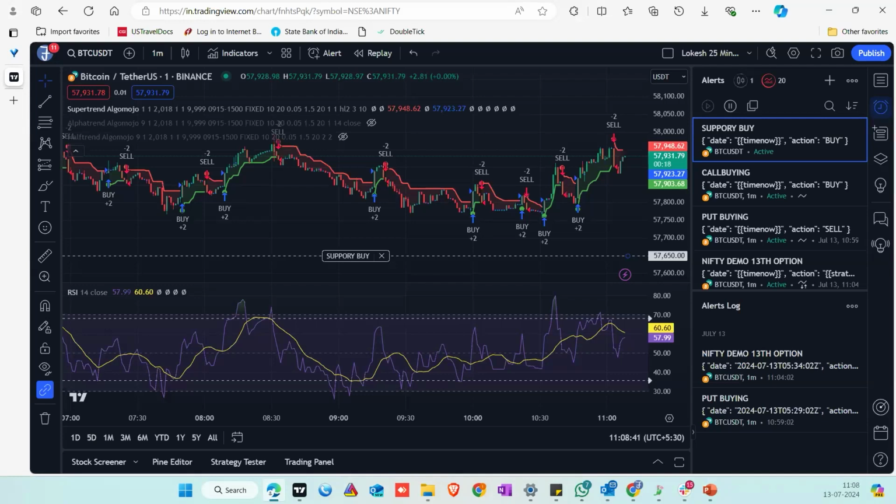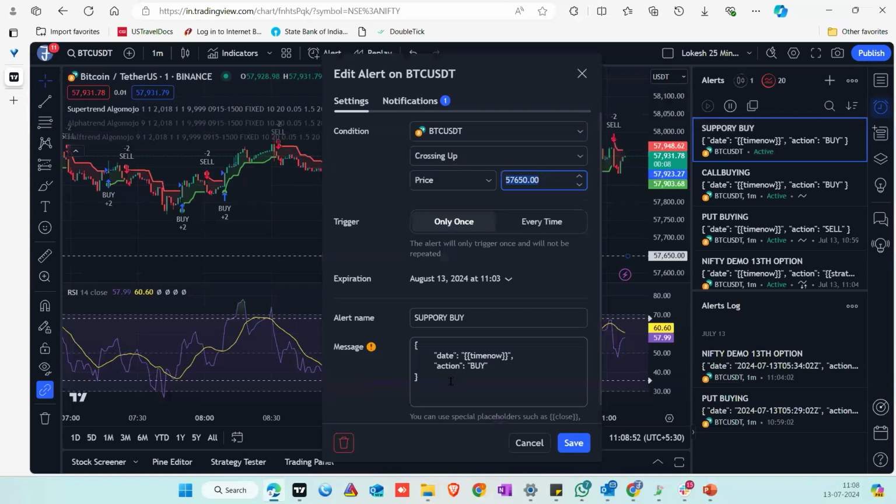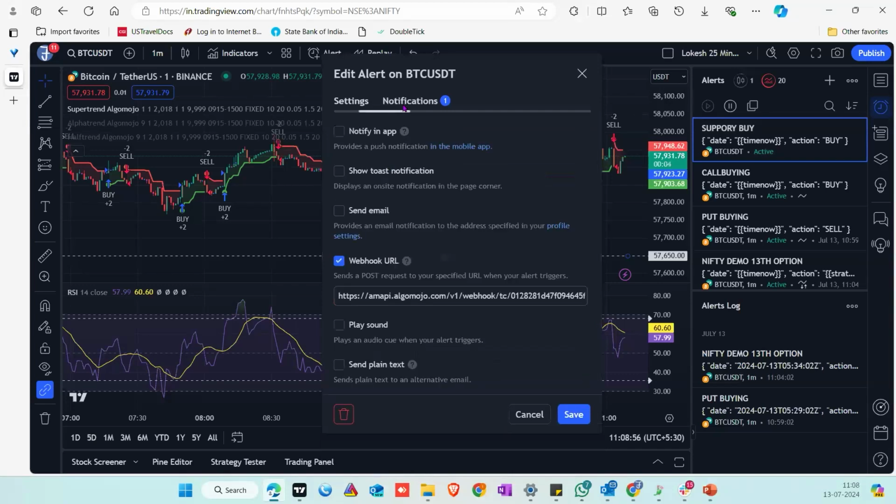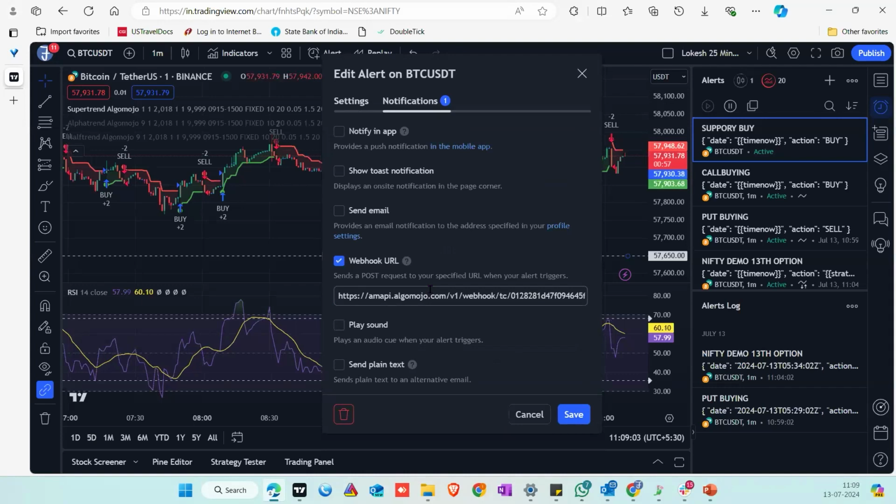And it's not complicated at all. It is pretty simple. All you have to do is copy and paste the message box from here, and the content to be pasted is also provided by us, and the notification webhook URL. These are the only two things that you need to do to automate the signals from TradingView. And as you can see here,